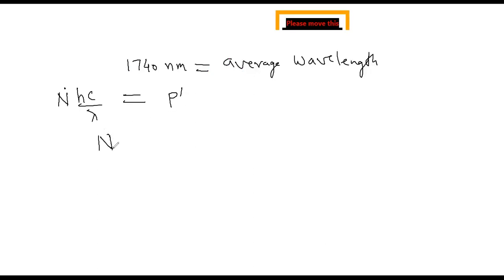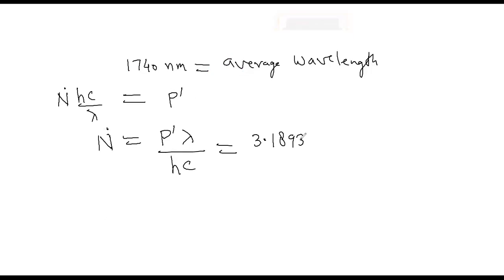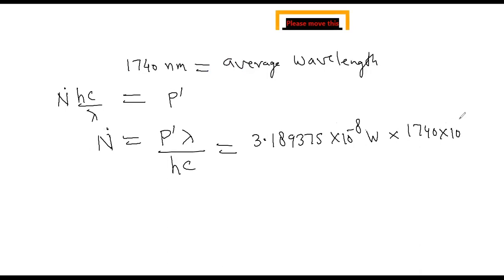So n dot is P dash lambda by hc. So it will be 3.189375 into 10 raised to minus 8 watt into 1740 into 10 raised to minus 9 meter,